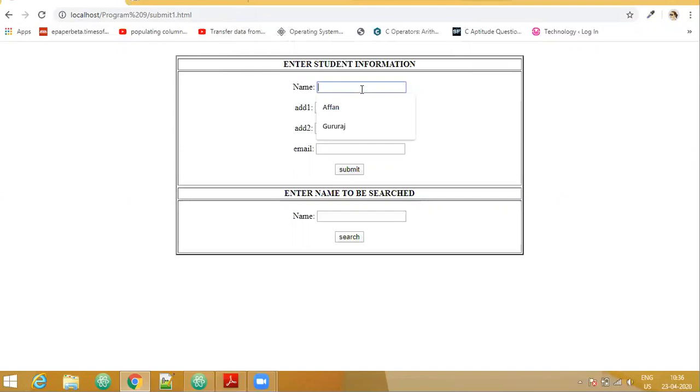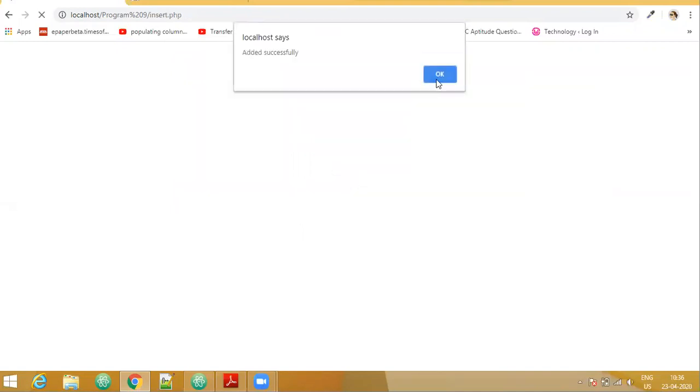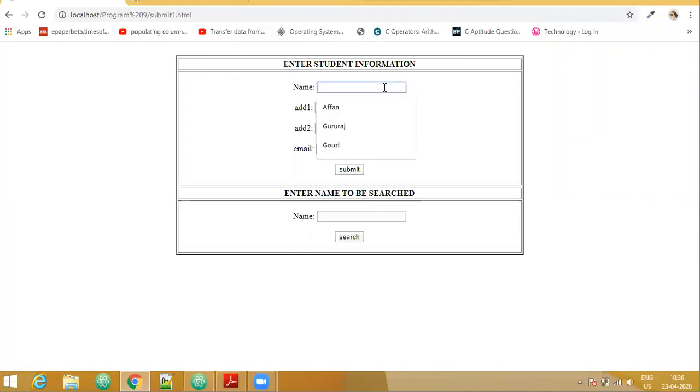Let us take one more value. So we shall take another last value.